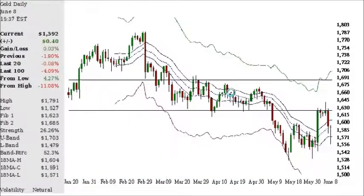As far as gold is concerned, a very similar type of look within gold. It's got a little bit more of a nice texture story towards it, as it had several days of consolidating at this previous Fibonacci band that was once held as support. It too had a little bit of a small breakout as well before it moved down,